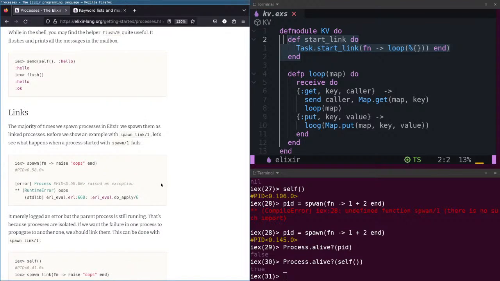Links. The majority of the time we spawn processes in Elixir, we spawn them as linked processes. Before we show an example with spawn_link, let's see what happens when a process fails. It starts with spawn and raise.